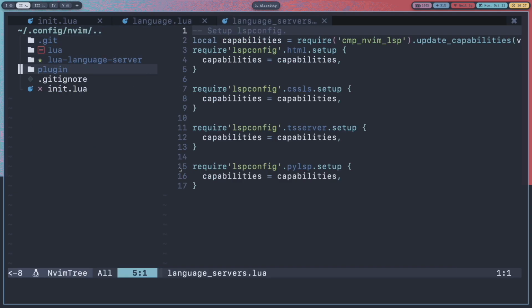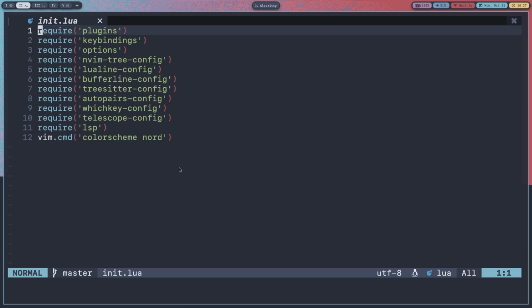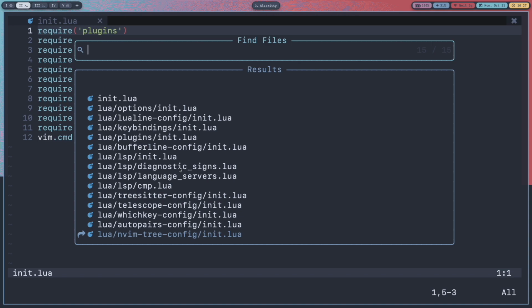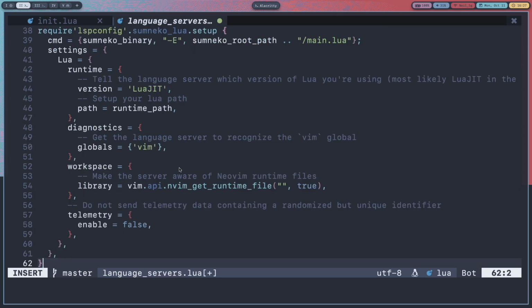I'll quickly add this folder lua-language-server to my gitignore, so that I don't see that in the telescope. So lua-language-server/ now if I go here, now I only see the files which are not in the gitignore. Now language servers, paste all of this stuff.